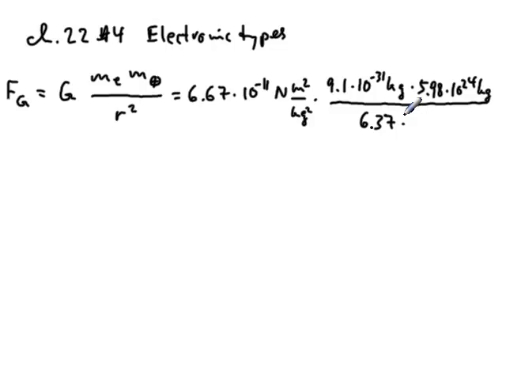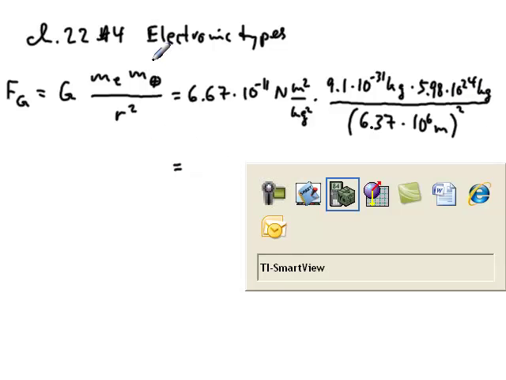And I just want to confirm that that is given in the book as well. Where did I get that from? Somewhere in the book. Oh yeah, there, I found it. 6.37 times 10 to the 6 meters, which is 6,370 kilometers, or almost exactly 4,000 miles, and that needs to be squared, and that equals, and then I go to the graphing calculator,